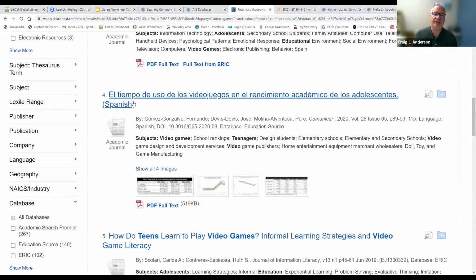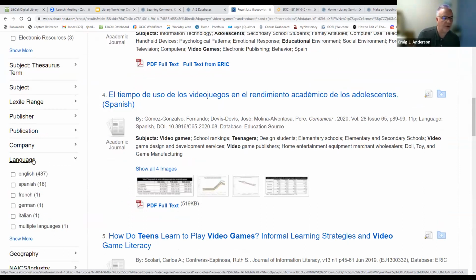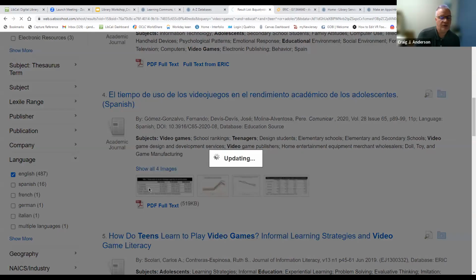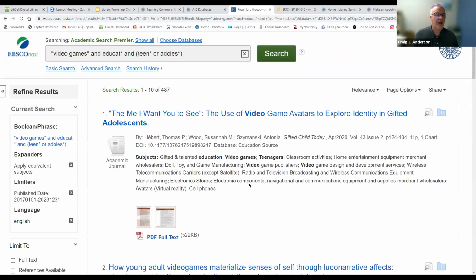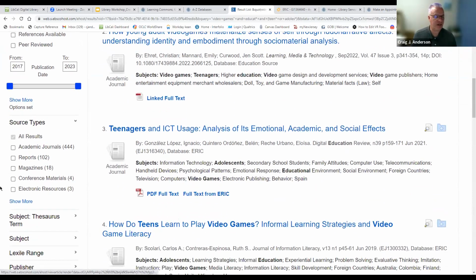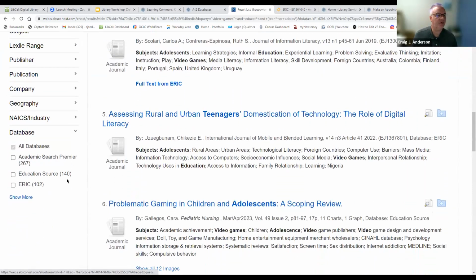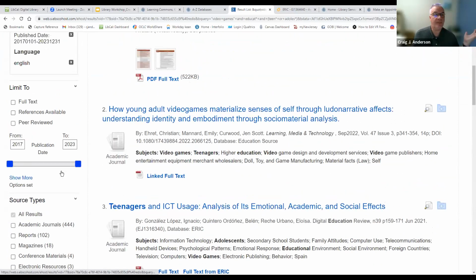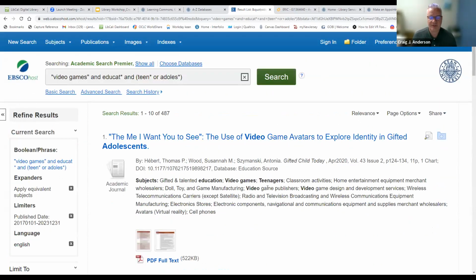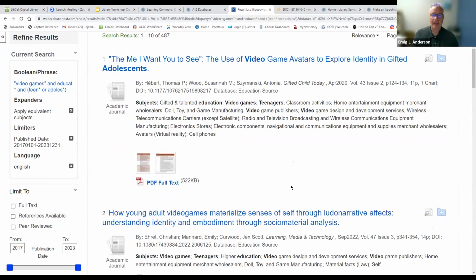Another good thing to use. Oh, here's one in Spanish. I think, oh yes, it says Spanish right there. Sometimes these will be in non-English languages. Over on the side here, you can specify language. If you only want articles that are in English, for example, there's 470. We have French, German, Italian, and multiple languages. So we can choose just languages in English, or if you speak more than one language, please feel free to check the boxes off for, where did the languages box go? But please feel free to check the box off for multiple different languages.